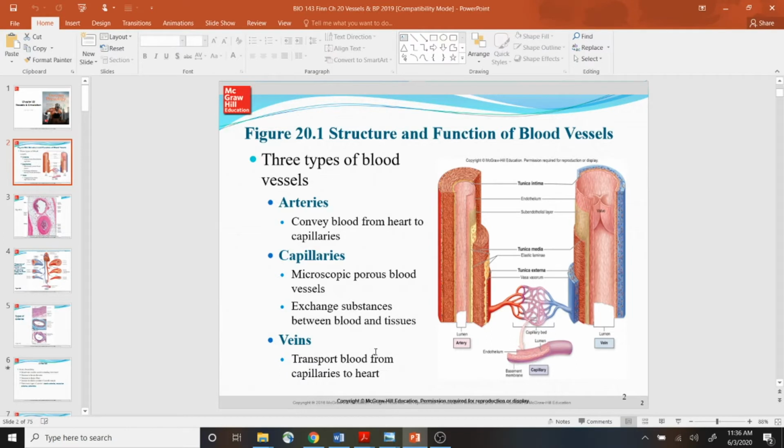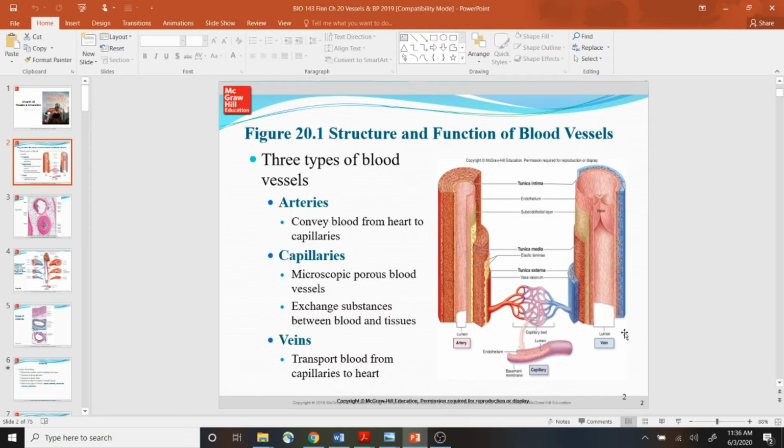So now, typically arteries convey blood from the heart to the capillaries. So arteries carry blood away. Typically it's oxygenated, but as we saw in chapter 19, there were some exceptions to that rule. Pulmonary arteries carry deoxygenated blood away from the heart to the lungs. But typically most arteries carry oxygenated blood. Most veins that transport blood from the capillaries back to the heart would contain deoxygenated blood with the exception of